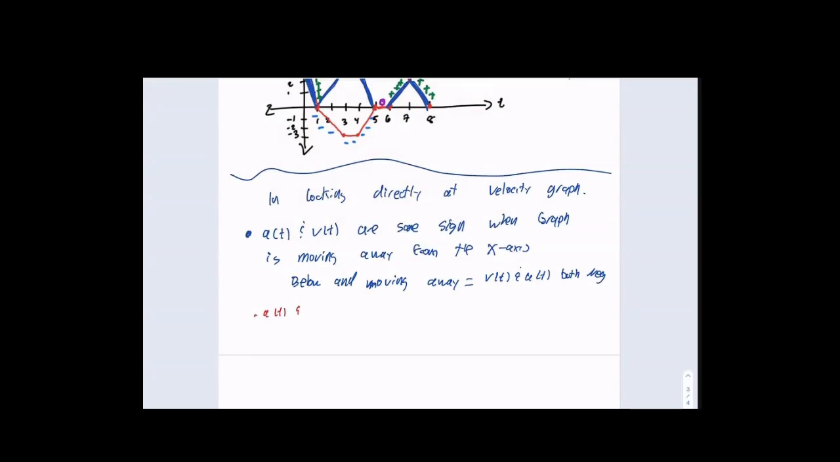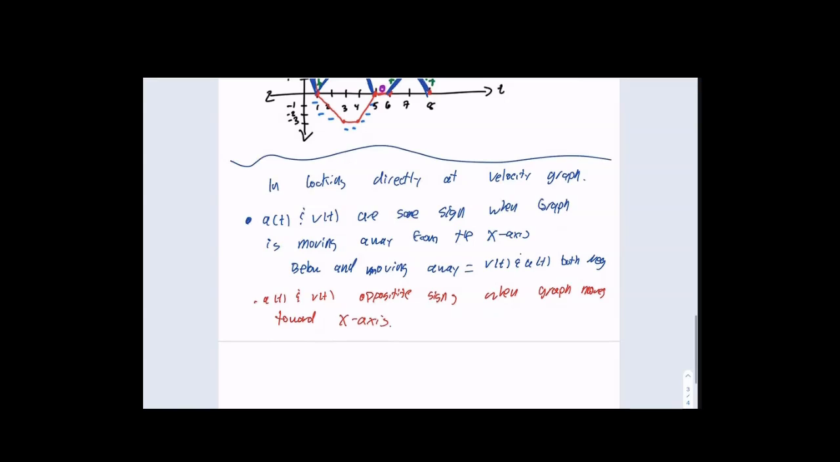A of t and v of t have opposite signs when the graph moves toward the x-axis. Now, on a multiple choice problem, you can just say, I look at the graph and say, oh,